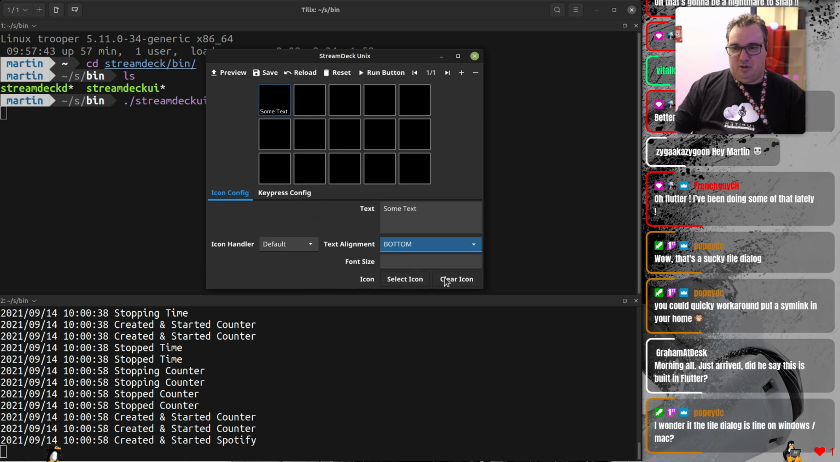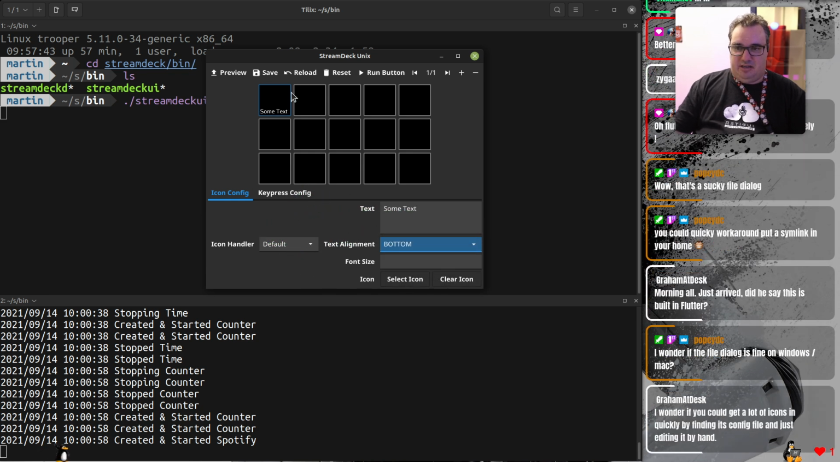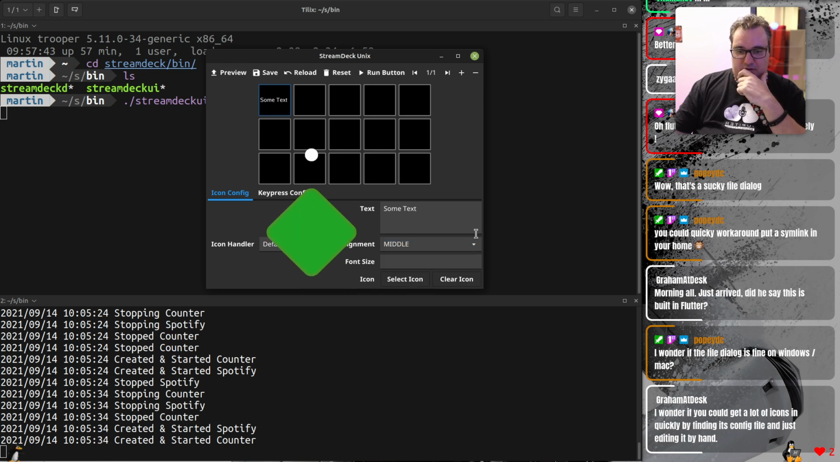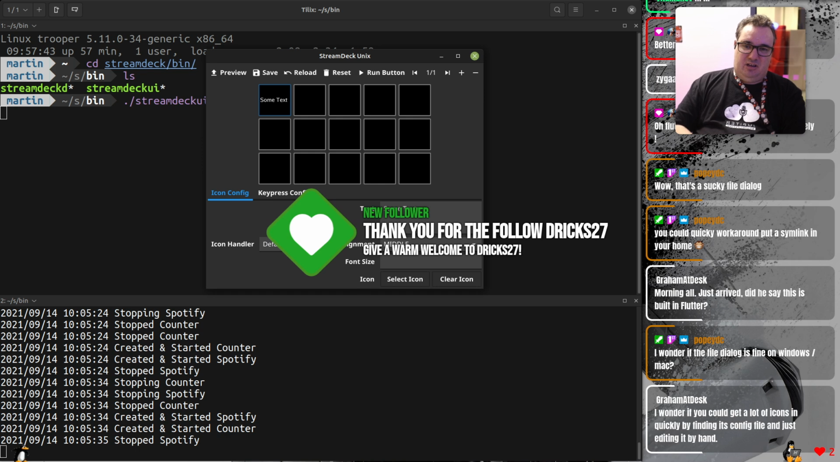I'll put that at the bottom, and I can now see that text. You can see it in the preview here, and if I save that and hit preview, it updates the Stream Deck accordingly. So if you just wanted to put text on things, that's entirely doable, but configuring the buttons